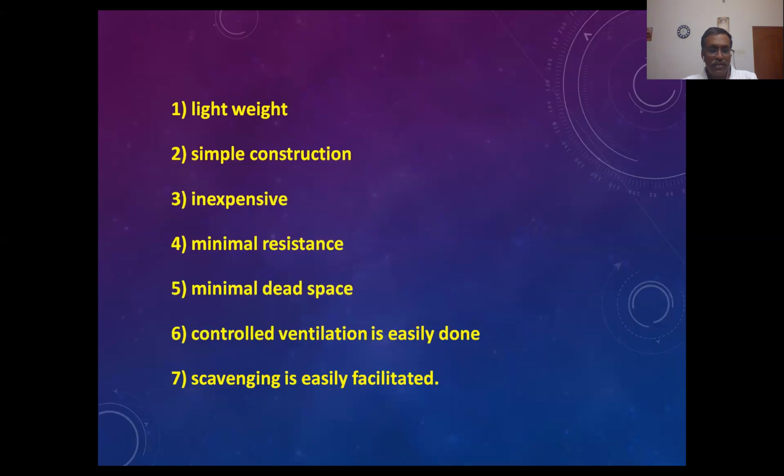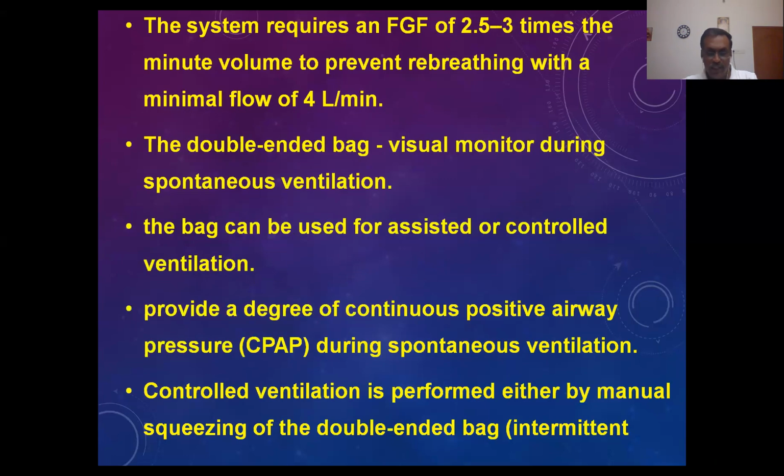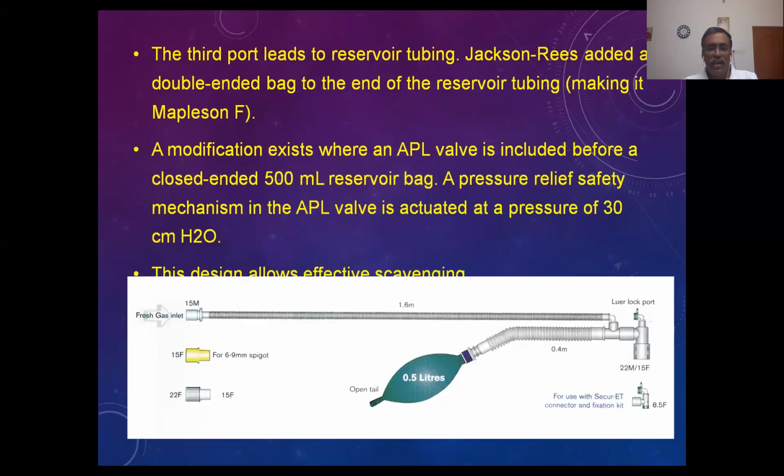And this is for this. I think I have completed everything regarding this circuit for more than 45 minutes. And any